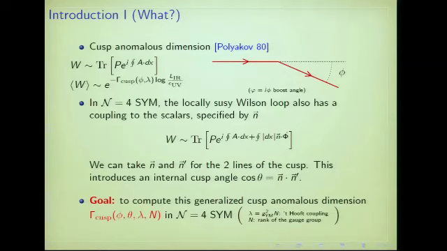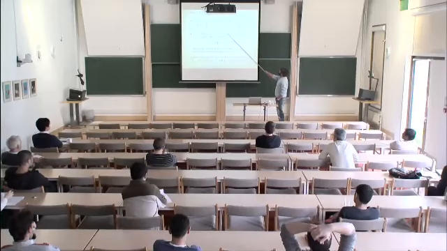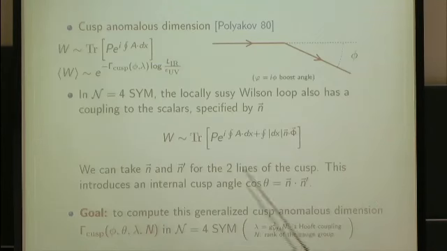Can you remind us, the thing that people always used to call the Cusp anomalous dimension related to twist-2 operators and their leading scaling? Yes, exactly. You recover it when you take a boost angle. So you consider phi-bar equal to i phi, and you take this phi-bar to infinity. This is what people call the Cusp anomalous dimension in the context of twist-2 operators. So that's right, that's also interesting. I'm going to mention this later. So this quantity corresponds to that one in this particular limit.